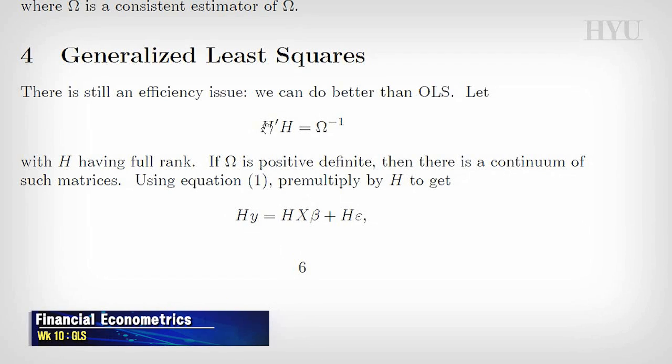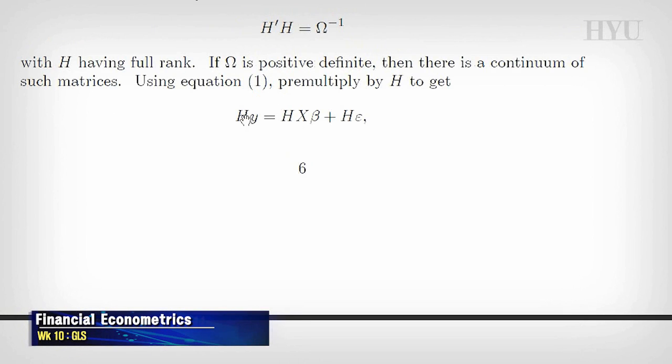One usual method is to do Cholesky decomposition. We already saw that. So anyway, suppose you can find some matrix H such that H prime H looks like this. Actually, there are a lot of such matrices. If omega is positive definite, there are a lot of ways to construct this kind of matrix. This is not difficult. And using this, we pre-multiply by H, then we have HY and HX beta,